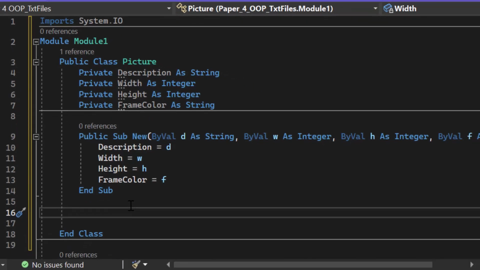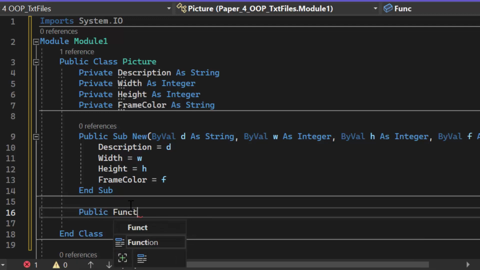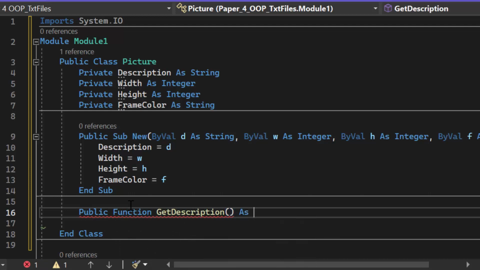Because remember, you only have 2.5 hours for paper 4. That sounds like a long time, but it's really not. So let's keep going. So public function, because I am returning a value, get description, no parameters, and I return